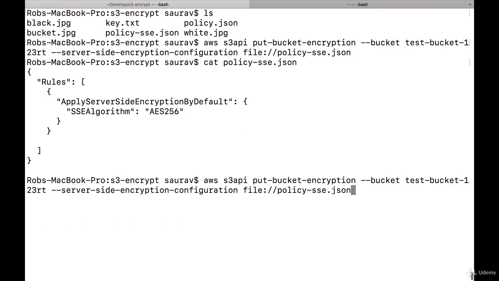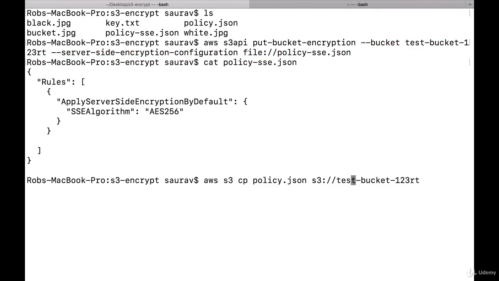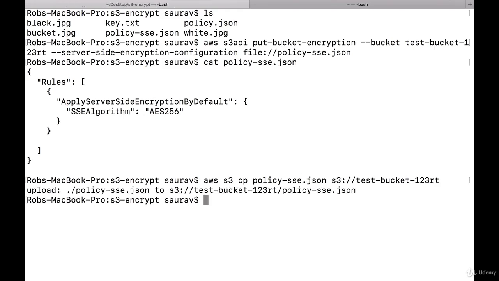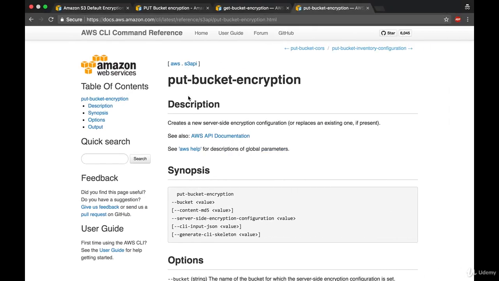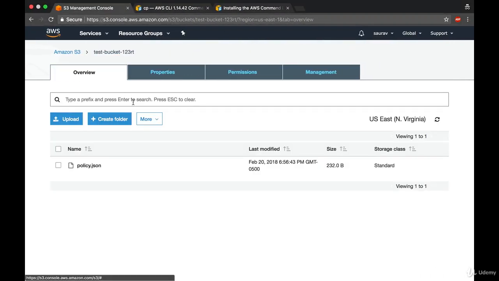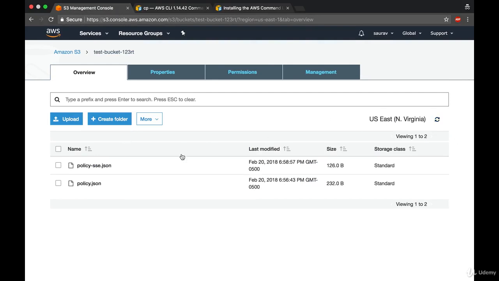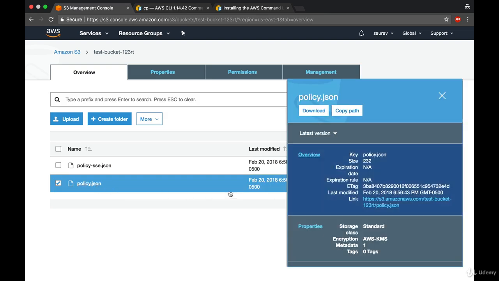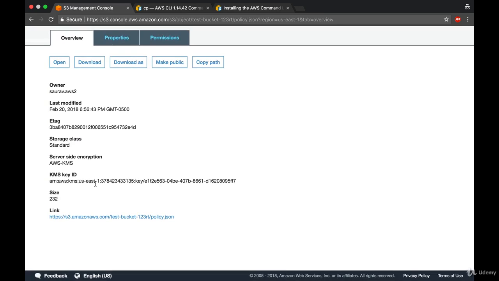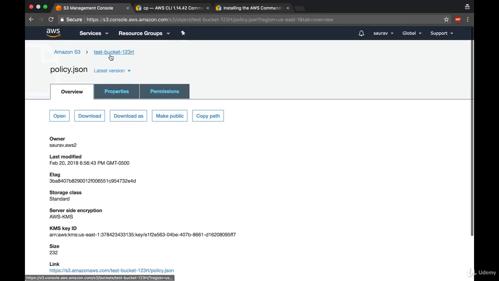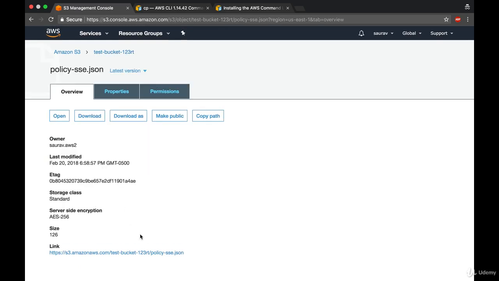So we were able to change the encryption type, and what I'm gonna do is upload a new file, policy-sse.json, to the bucket. And now let's see the encryption type of both of those files or objects. So the first one, if I click on this, still has KMS, because when we uploaded, the default encryption type was KMS. Now if I click on the second one, AES 256, because when I uploaded the file or object, the default encryption type was AES 256, or server-side encryption